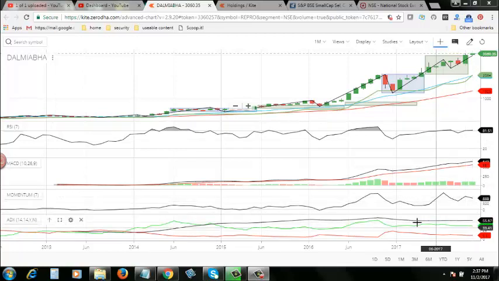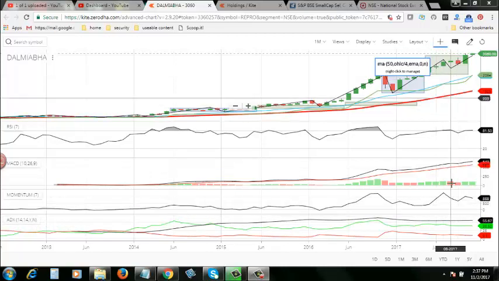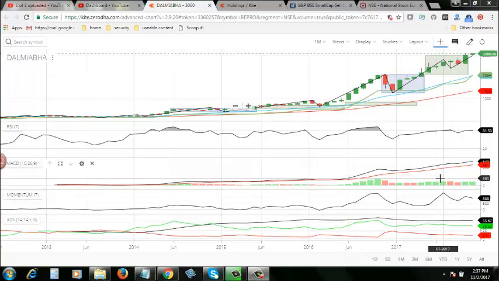And look at the ADX. ADX, though the green line is on top of the red line, that is okay, and both are diverging. That is also okay. But look at the direction strength of the stock. It is coming down. So I'm getting mixed signals here, and two popular indicators are telling one particular thing about this particular stock, and two other indicators are telling another thing about this particular stock. So based on experience, and based on my experience, I think the potential is coming down for this particular stock, and 3060 is the maximum, or maybe it may hit the maximum 3100 or something,